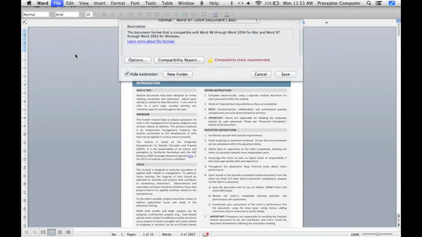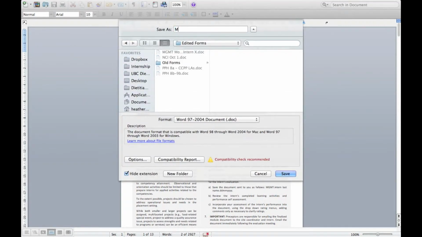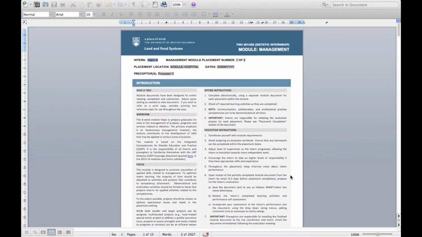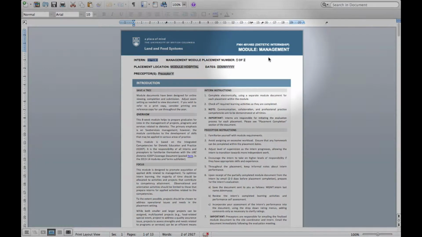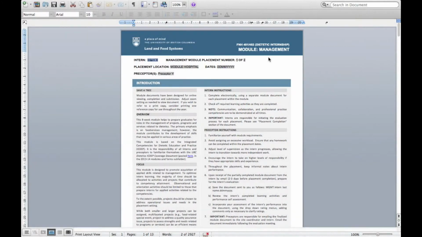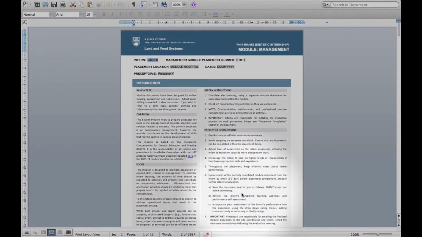You should save using the format module title, so in this case management, intern last name, day, month, year. You can now open the saved document and begin to add your evaluation. The module title, such as management, shown here, is found at the top right-hand corner of the form. Instructions for saving the document can be found under the Preceptor Instructions heading on the first page of every module